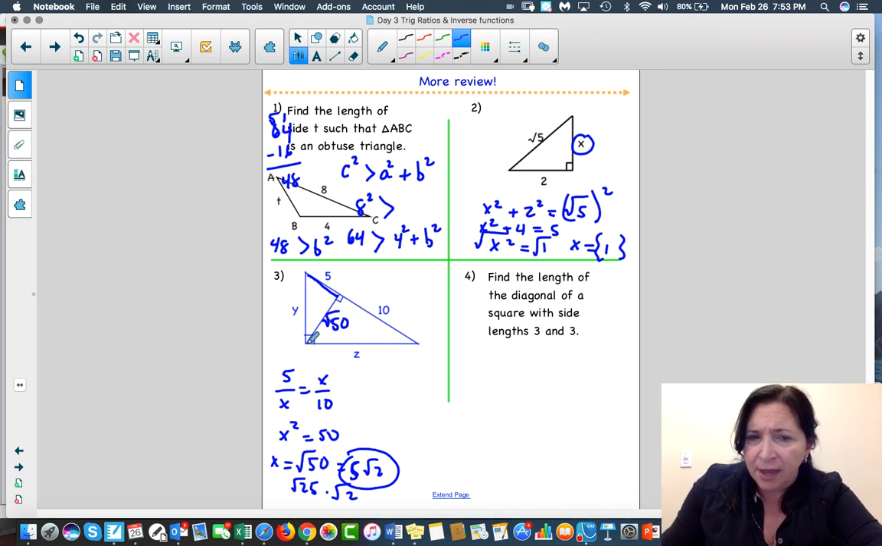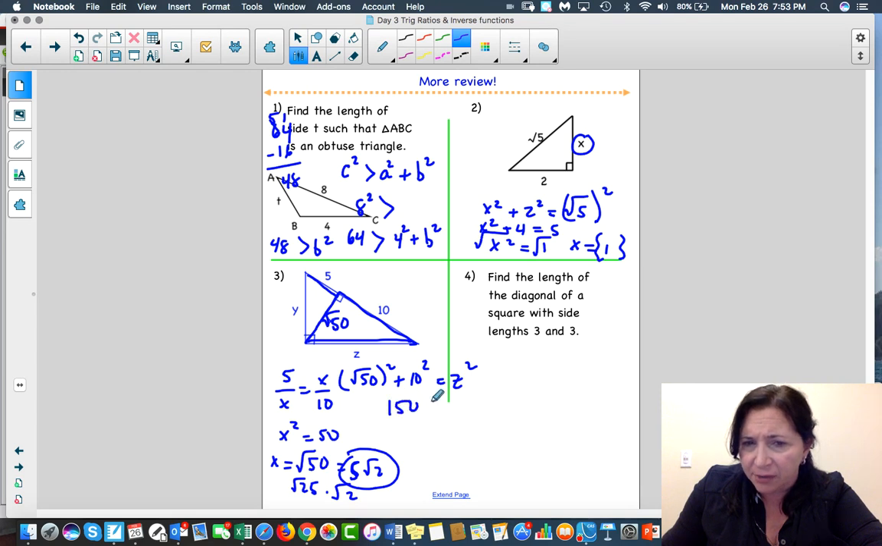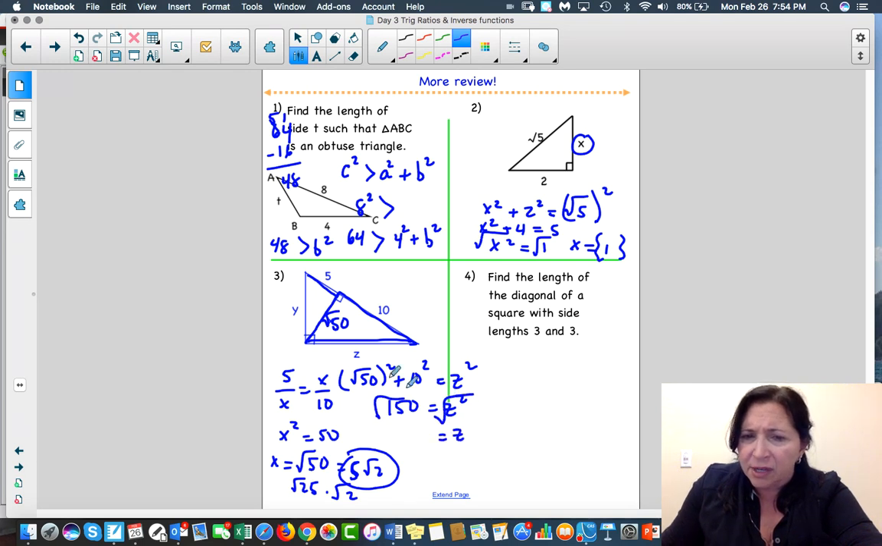And if I do that, I would go a squared plus b squared is equal to c squared. And I would go the square root of 50 squared plus 10 squared is equal to z squared. So I would say 50 plus 100, which is 150, is equal to z squared. I'm going to square root both sides. I'm going to get z is equal to